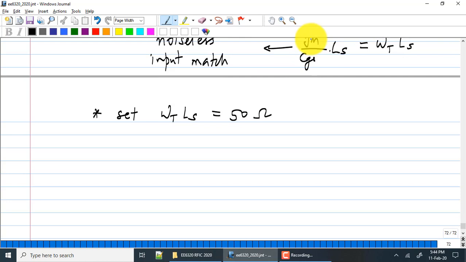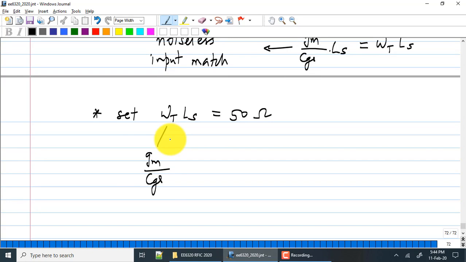Now this is of course Gm by Cgs. If you choose Gm and Cgs and Ls such that this product, Gm by Cgs times Ls, is 50 ohms, this does